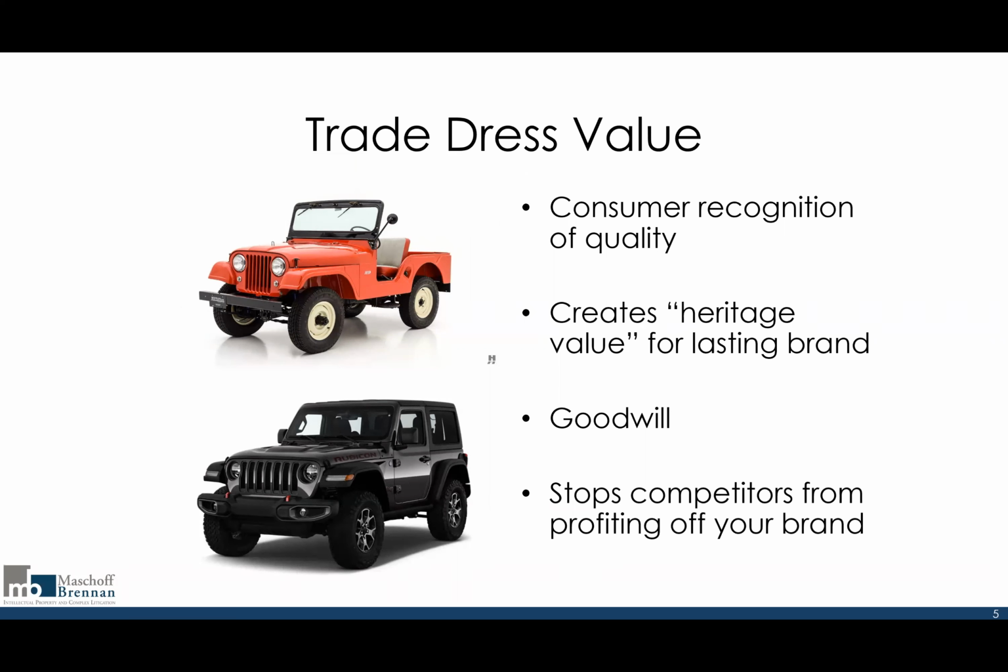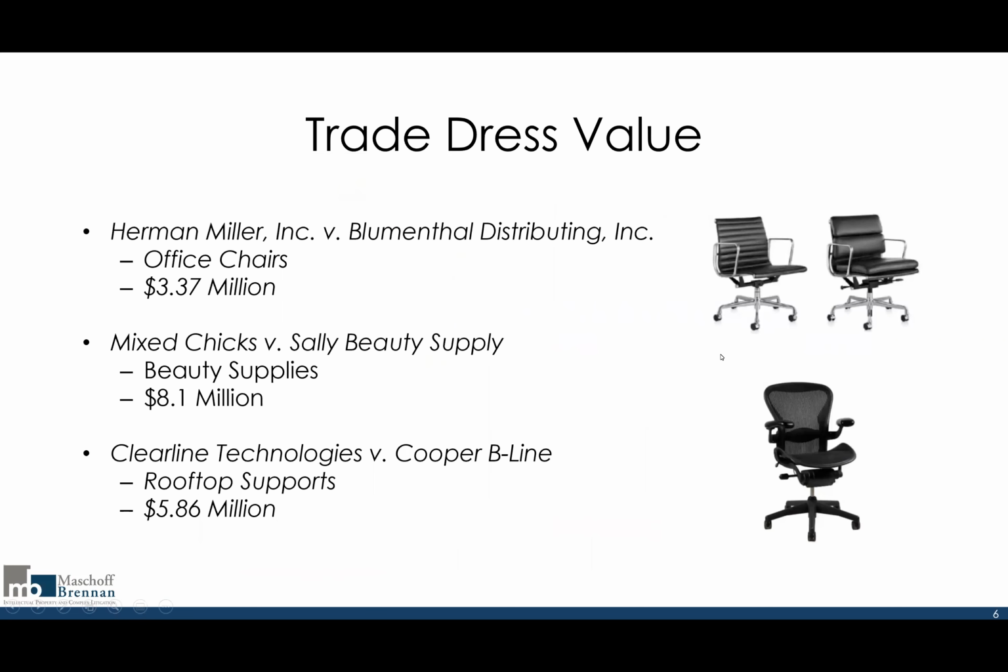Now the Jeep trade dress and trademarks and the Jeep brand have been owned by a number of different companies since World War II. I believe that the owner right now of Jeep is maybe Fiat, but consistently for 70 some years, they've had these 7 slots for their grill, which they've been very consistent about and have created a strong and certainly well-known trade dress. If we want to be a little bit more specific and put some dollar amounts on it,